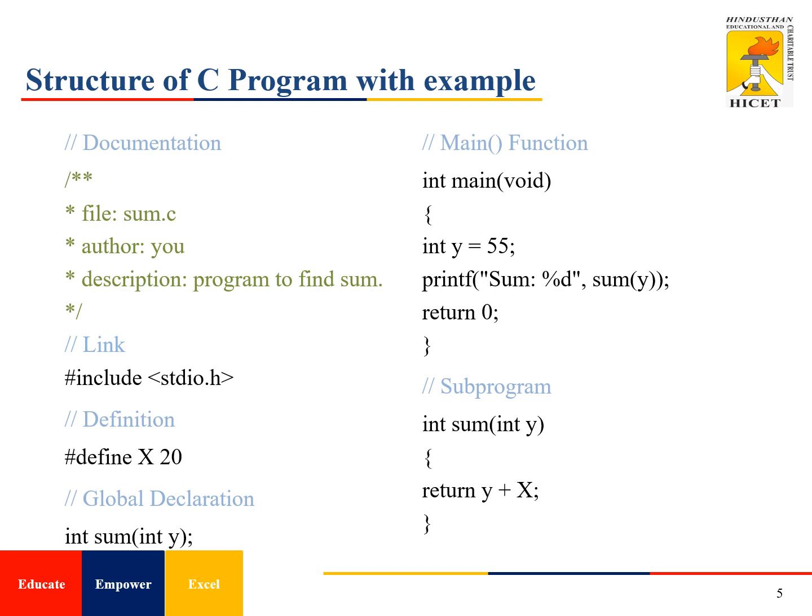Here I'm going to find the sum of a few numbers using a function. The documentation part is a comment, which is not taken by the compiler as code. Next one is the link section, which includes some header files